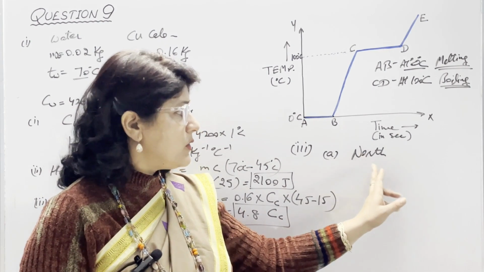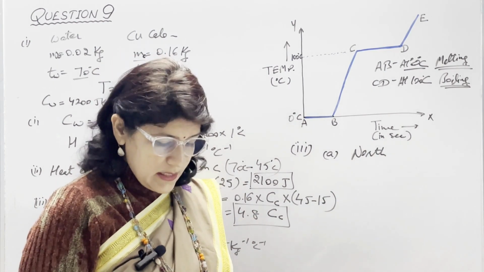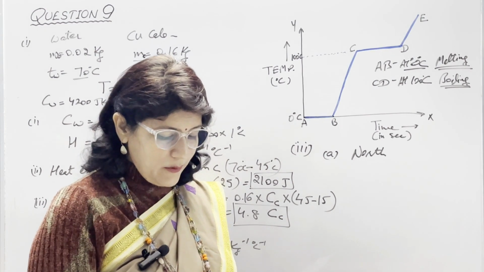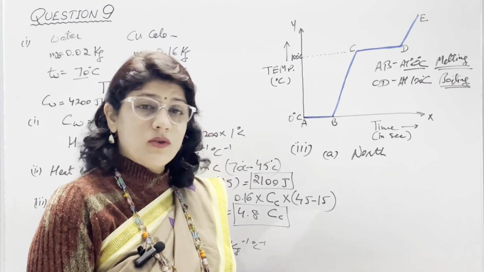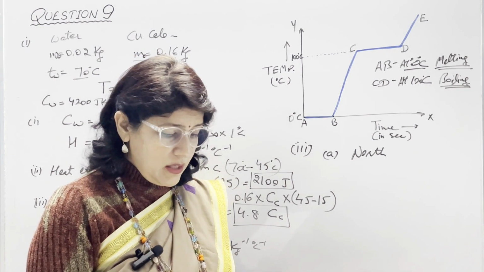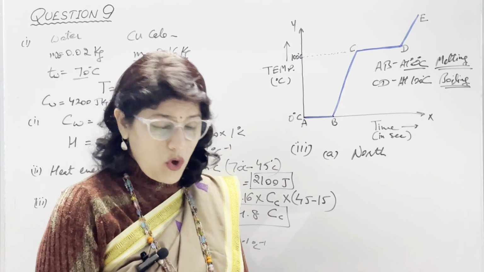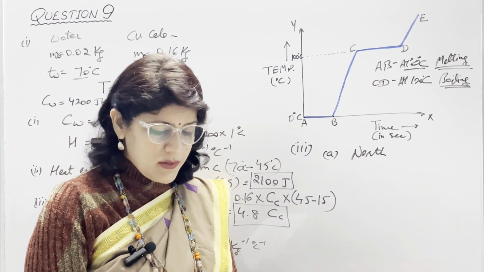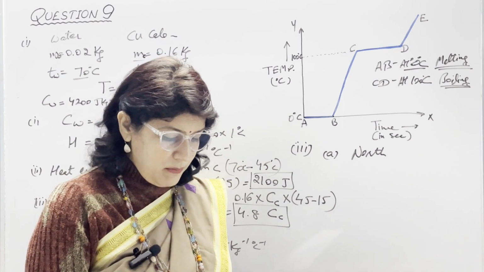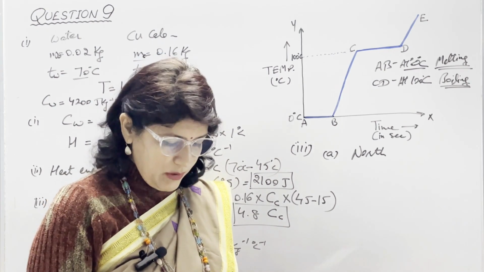In first part we have used the clock rule. In second part, give one advantage of an electromagnet over a permanent magnet. There are so many advantages. Strength of electromagnet can be increased, strength of a permanent magnet cannot be increased. And polarity of an electromagnet can be reversed, but not of a permanent magnet. You can give any one point.